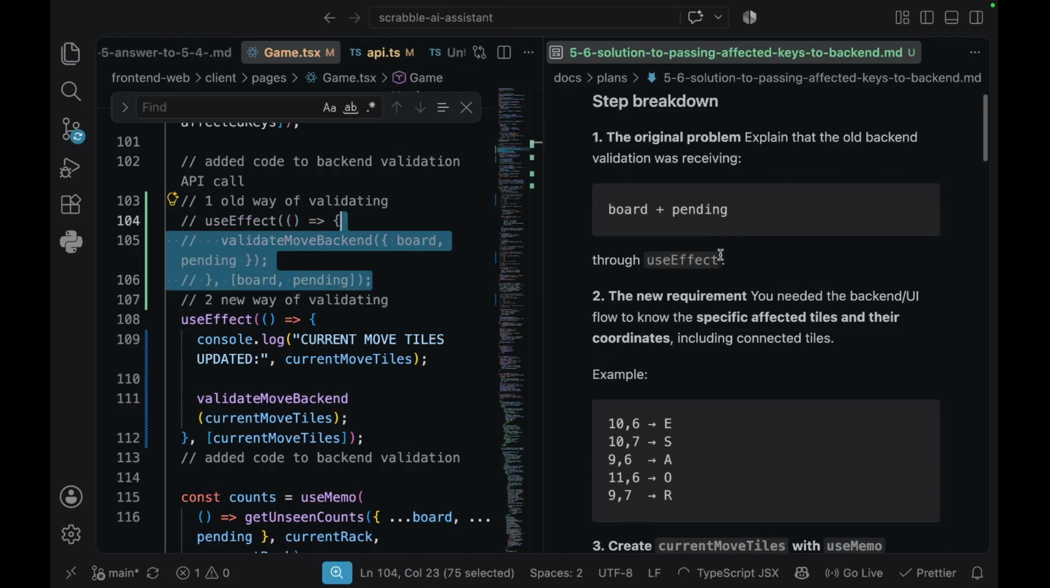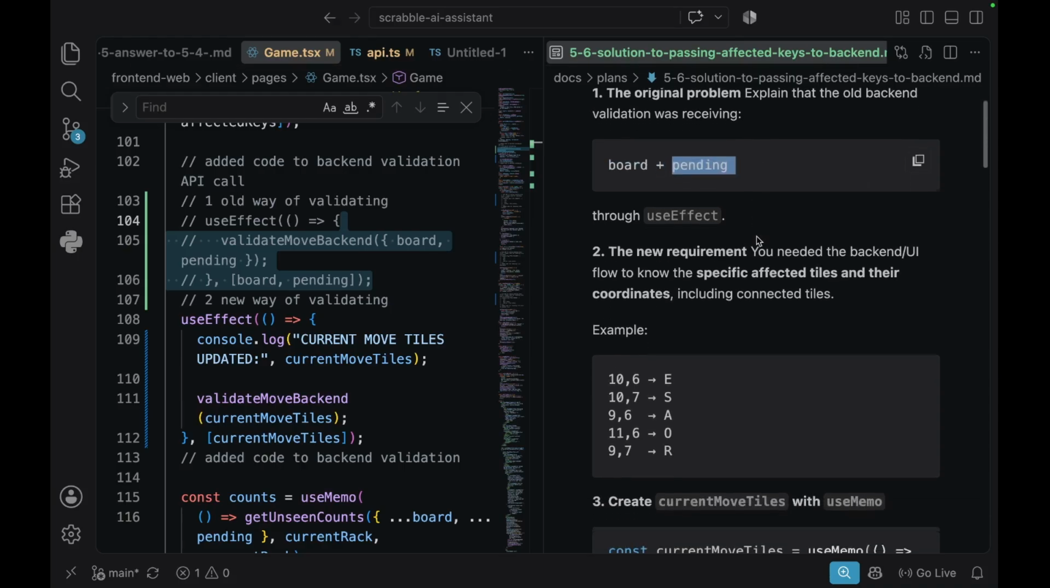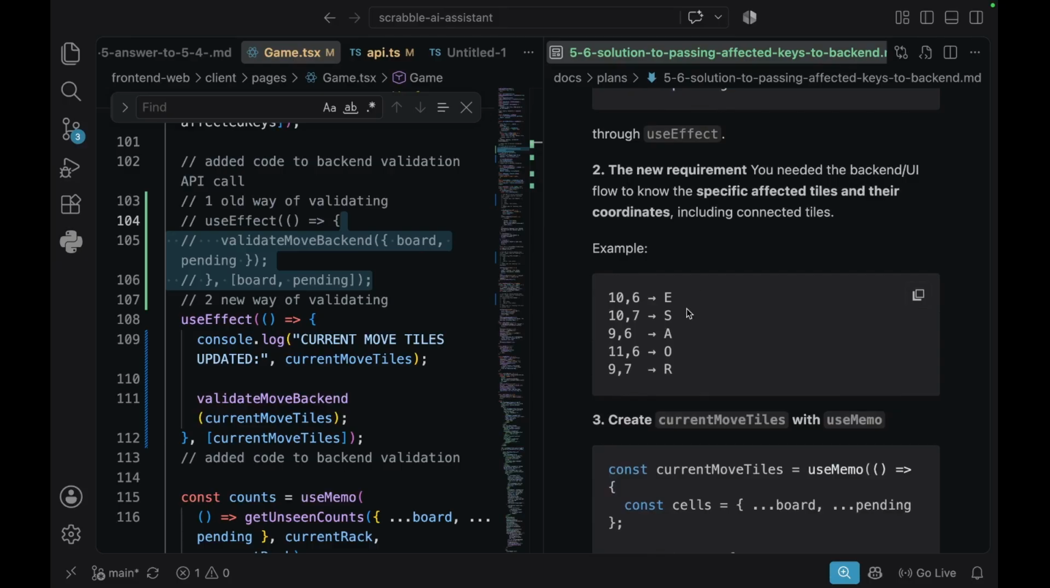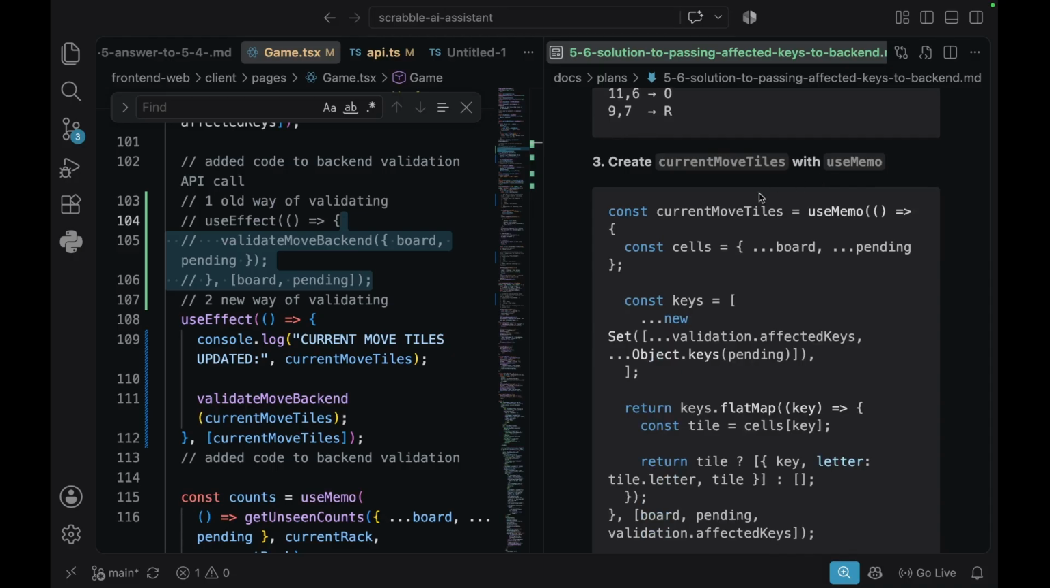But this is lacking because it only passes the current pending move made by the player. The new requirement needed us to pass all of the current moves that are affected in the current state of the board. We do not move the OR tiles, but since they are adjacent to the three letters that we move, all five will be affected, so it must be passed on from front end to back end. So we created a useMemo